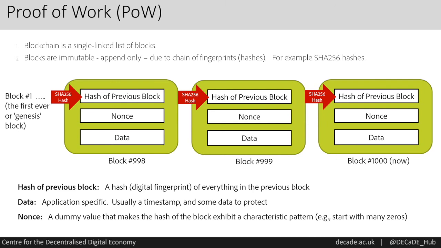Because if it were easy, then we could just, as I say, manipulate a block in the chain and recompute everything straight away, all these fingerprints. But actually, because it's very difficult, it takes about 10 minutes for anyone in the world to find the next block, the next nonce. It would take so long to recompute the whole chain if we manipulated it that by the time we'd done that, somebody would have just added on the next block somewhere else around the world. And the rule is the longest chain wins. So this is basically how blockchain works.